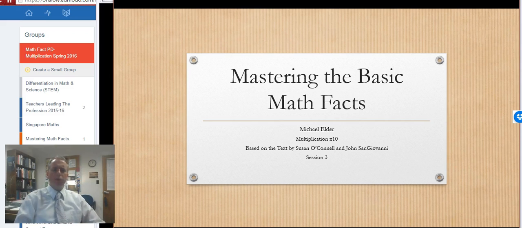So you might think, well, if we started with 2, wouldn't we go on to 3, or when are we going to go back and pick up 0 and 1? As we work through this progression, the next fact that makes the most sense is multiplying by 10. Hopefully by the end of this session that will make sense to you, and you can decide if this is a direction you would like to pursue the next time or the next year you begin multiplication facts